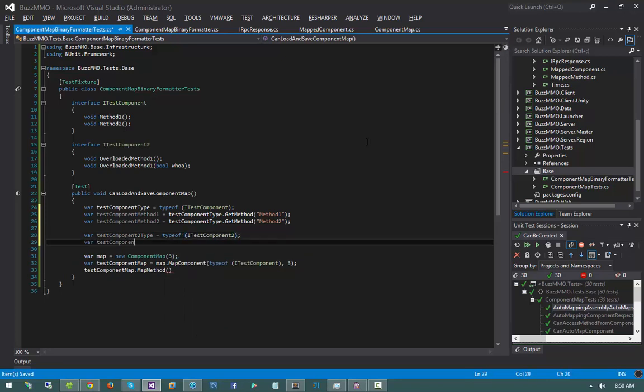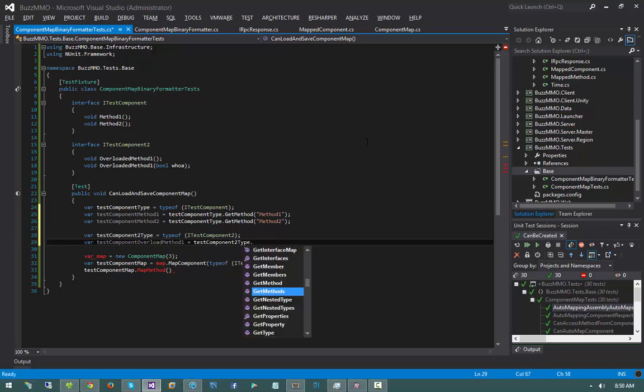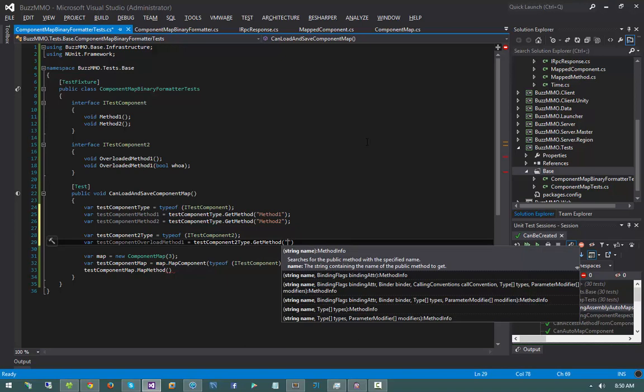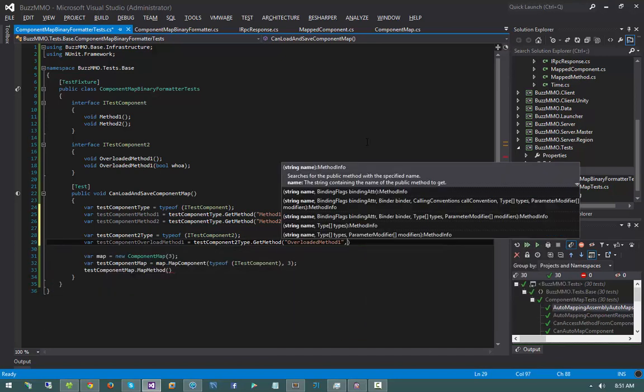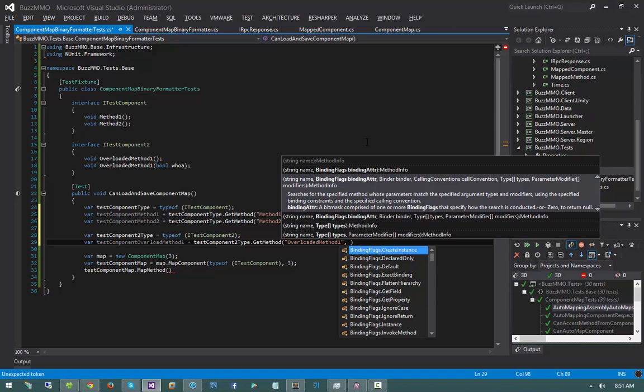Var testComponentOverloadMethod1 equals testComponent2Type.GetMethod. Now this is where things get interesting, because how do I get the method of an overloaded type with .NET? Well, I can't, because I can't just do this. I can't say overloaded method 1. The reason I can't do that is there are actually 2 methods with that name, so I need to specify a little bit more information to be able to retrieve the MethodInfo for this overloaded method. To do that, we can use this handy little overload of GetMethod,